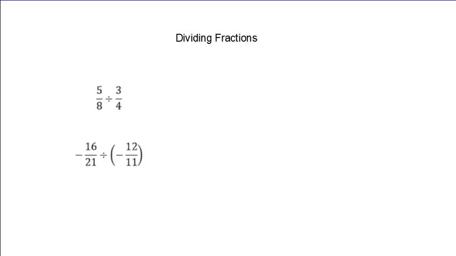Now, when you see two fractions and you see your division sign between them, what you're going to do as your first step is change this into something you already know how to do, which is multiply. To divide fractions, you multiply by the reciprocal of the second fraction. Okay, so I'm just going to write that down for you real quick. You're going to change this and multiply by the reciprocal